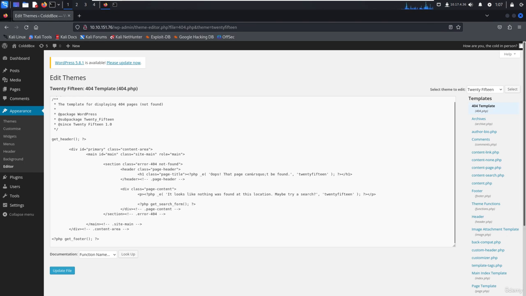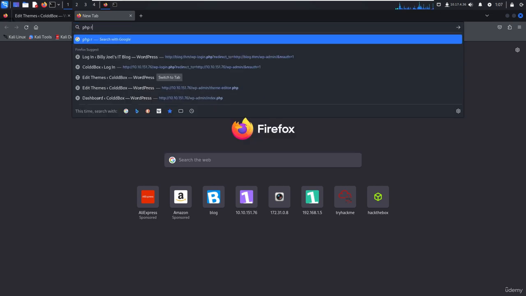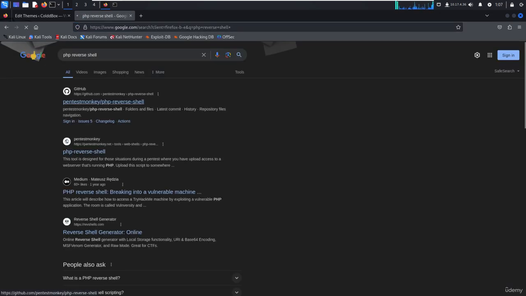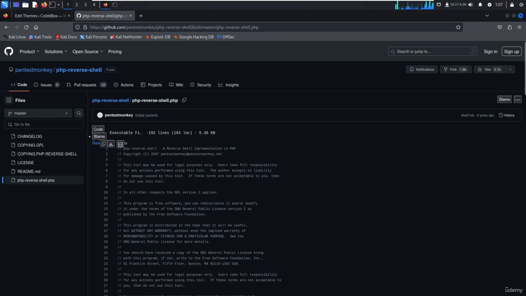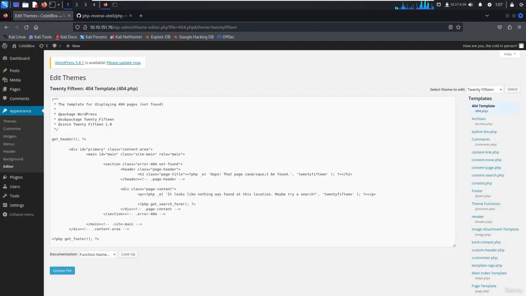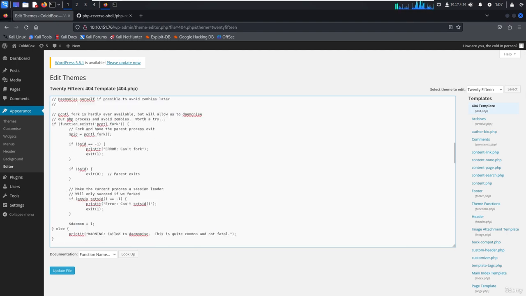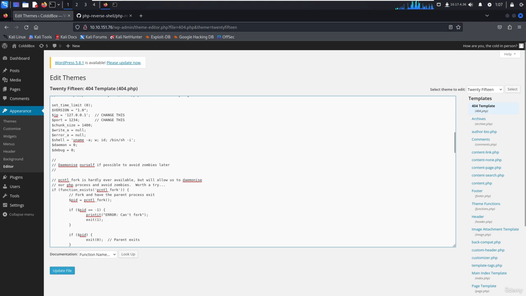Now we have to replace it with that PHP reverse shell. So I'm just opening the PHP reverse shell. You'll get that from pentestmonkey, the php-reverse-shell.php. Now let's copy it and replace that 404 code, and we have to change something in the IP and